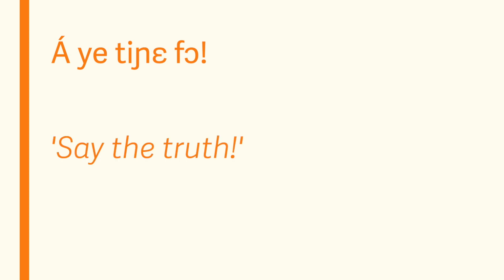So for instance, if there were a group of people that denied basic truths and were undermining the structure of your country's democracy, you might look at them and say, "Ai qianfu," meaning say the truth. Literally, aye, so that meaning you all, and then our imperative marker, ye. Then we have jian, meaning truth, and then fo. Ai qianfu.